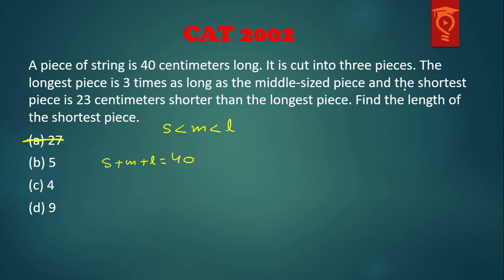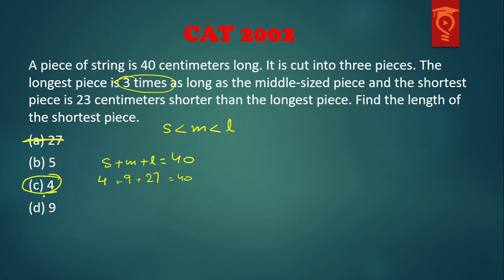Okay, so for the shortest, I picked the smallest number, that is 4. So if the shortest piece is 4, this implies that the longest piece is 27, which is a multiple of 3, which was supposed to happen, and hence the middle sized piece would become 9. So this works. I repeat, why I picked 4 was because I was supposed to find the length of the shortest piece. Shortest implied the number to be as small as possible. So I first picked 4. If it would not work, I would pick 5, then I would pick 9. So 4 works out. So I think my answer would become 4.